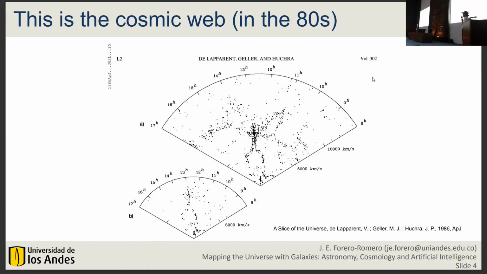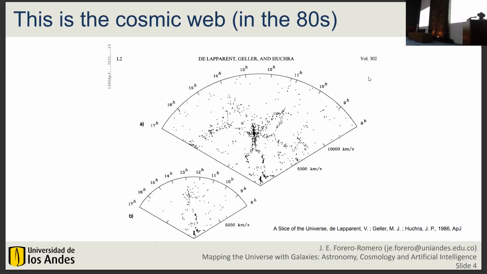What was groundbreaking at that time is that we finally had observational proof that galaxies are not distributed in a homogeneous way. We have something that we now call voids, regions without bright galaxies, at least in the limit of the survey. We have something that we call filaments, and something that we could call groups or clusters. In the picture we have today of this cosmic web, there is another element called a sheet or pancake. So basically we have 4 elements: voids, sheets or pancakes, filaments, and clusters or groups or peaks. So this is the 80s version.